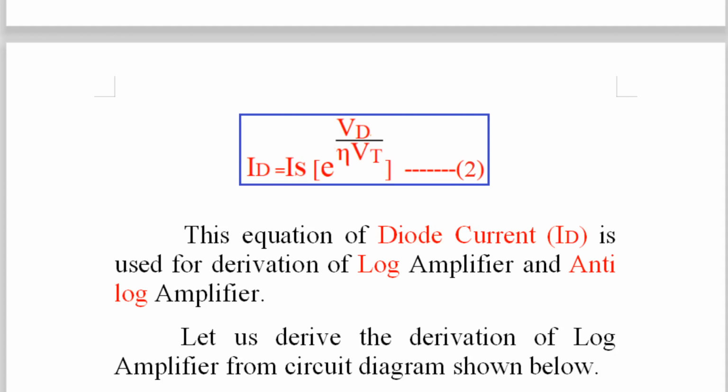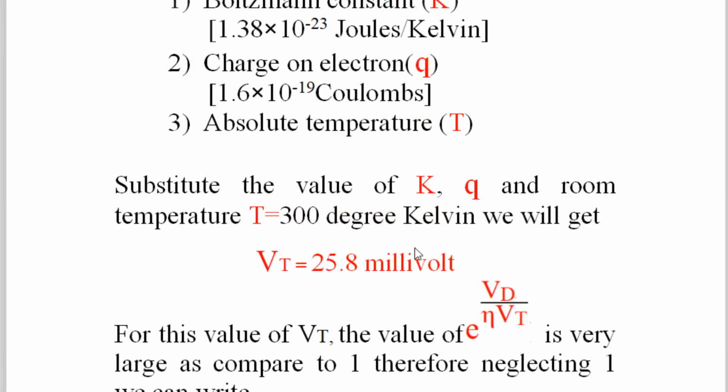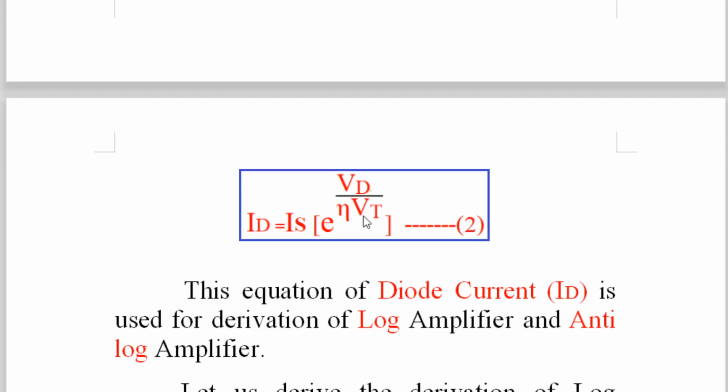The current flowing through the diode ID is given by the equation ID equal to IS, the reverse saturation current, into exponential e raised to Vd divided by eta into Vt. Why exponential, again I am telling you, because this exponential term comes and the credit goes to the junction capacitor. Eta can be 1 to 2, in between 1 and 2. Vt is the thermal voltage. We already know this Vt. We calculated this equation for room temperature and we got this is very, very high. That's why we neglected 1.